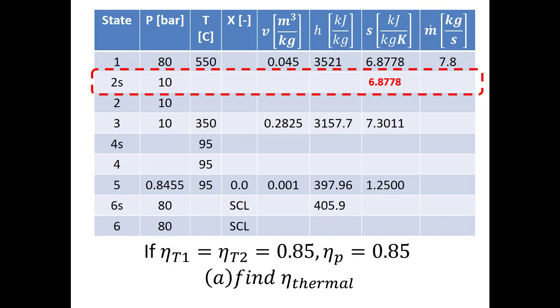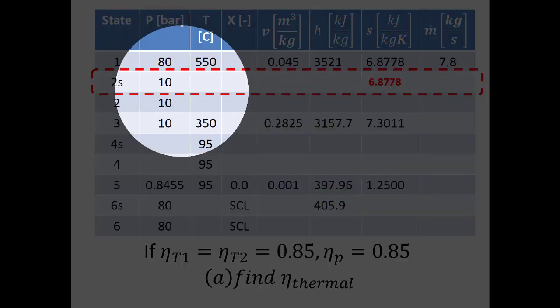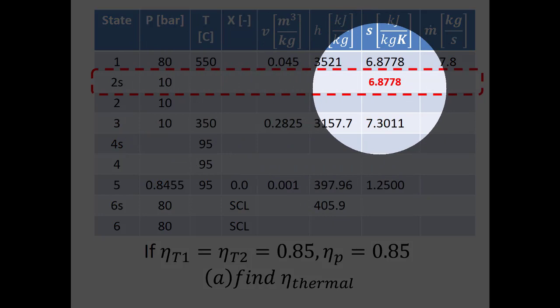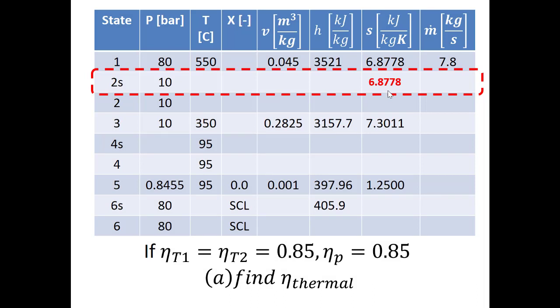So at this point, what I'd have to do is look on a table, figure out that if the pressure is 10 bar, what's s_f and s_g? So if this is in between s_f and s_g, that would mean I'd have to find quality because I'd have a two-phase mixture. But if it's greater than s_g, then I know that I'll have to find some kind of interpolation in the superheated vapor region.